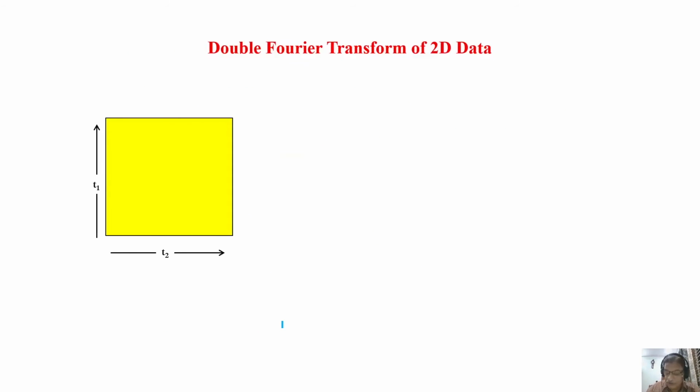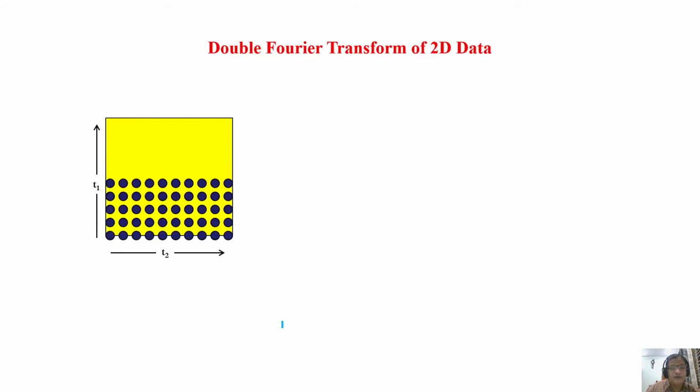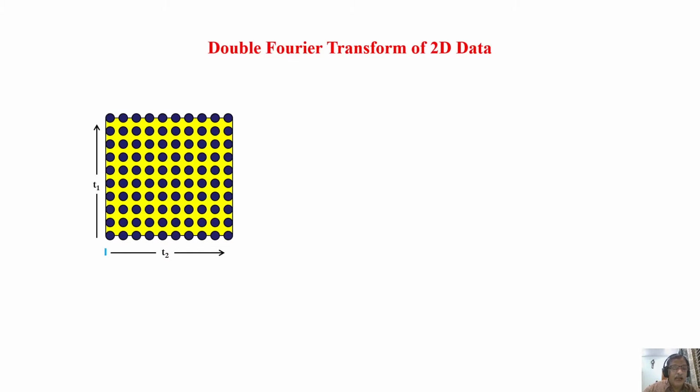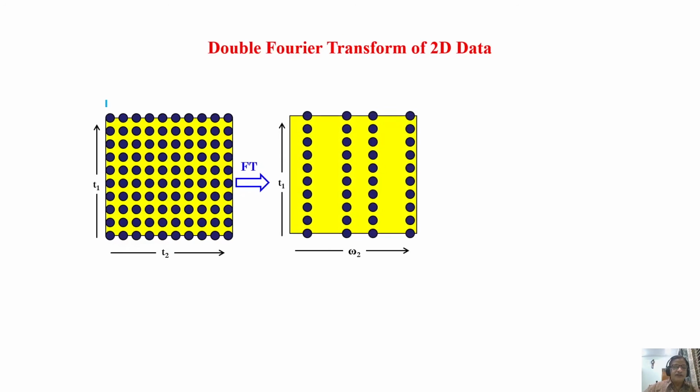Let us see how we can see the spectrum from the time domain data. I showed you, we keep on incrementing and finally acquired the data, right? This is the time domain data acquired by incrementing systematically the T1 time period. I increment the time during T1 and collected the FID. Now what we do is, we can individually do the Fourier transformation, convert time domain data of the T2 domain or T1 domain to frequency. First, let us say we are doing the Fourier transformation in this dimension, in the T2 dimension. So this is remaining the same.